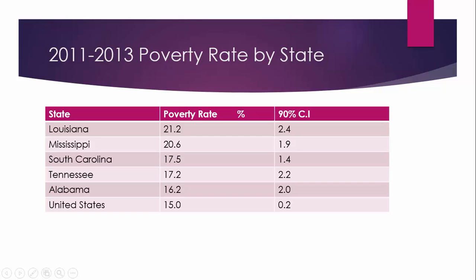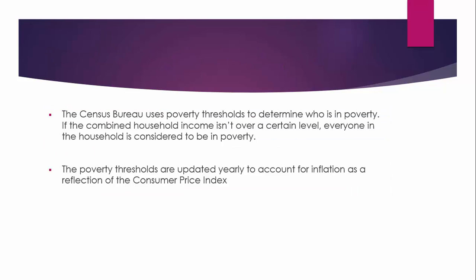And then from 2011 to 2013, the poverty rate in the United States did jump, but as you can see, these numbers are higher, and they're still higher than the total U.S. numbers. Poverty rates in these 5 states going back decades have been higher than the overall U.S. poverty rate for forever, it seems.